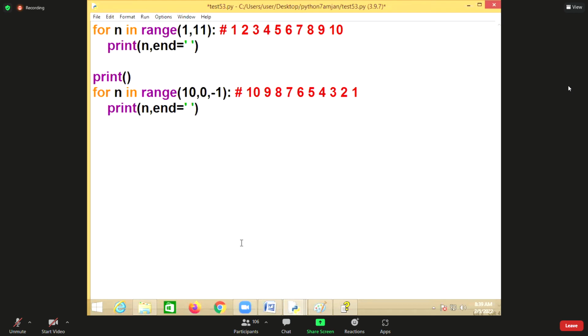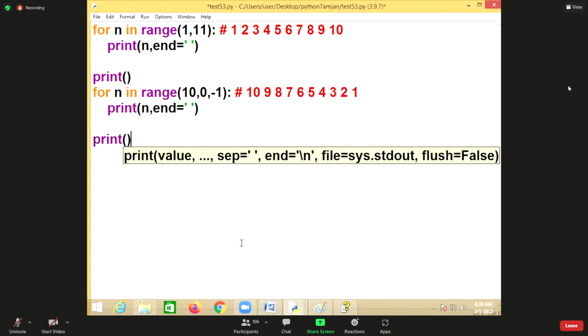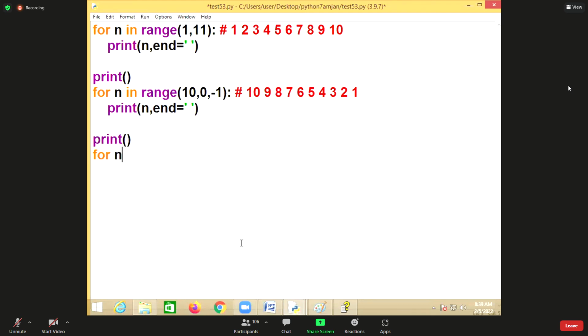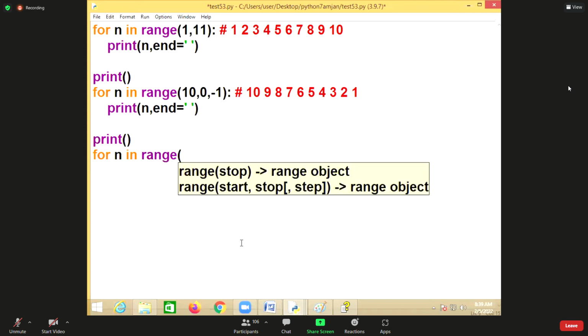Now tell me, I want to generate for n in range of, values from minus 1 to minus 10. What is the start? Minus 1. What is the stop? Minus 11. What is the step? Minus 1.